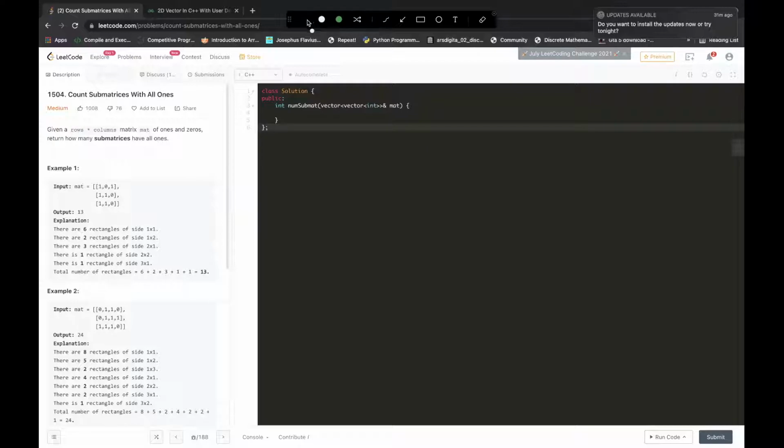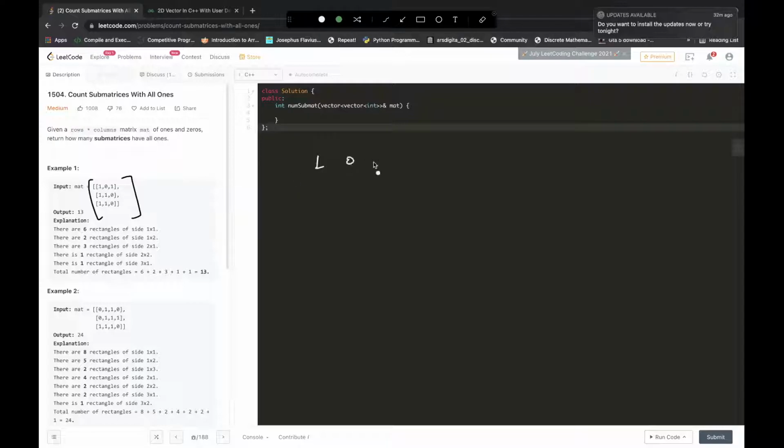So now let's see what this question is actually asking. Basically we have been given an input matrix, and in this input matrix the elements are either 1 or 0, and you have to count all the submatrices with all ones, or all the rectangles with all ones. A square is also a rectangle, right? So basically you have to count all the rectangles with all ones inside this matrix. Let's see what explanation they have given in the question.